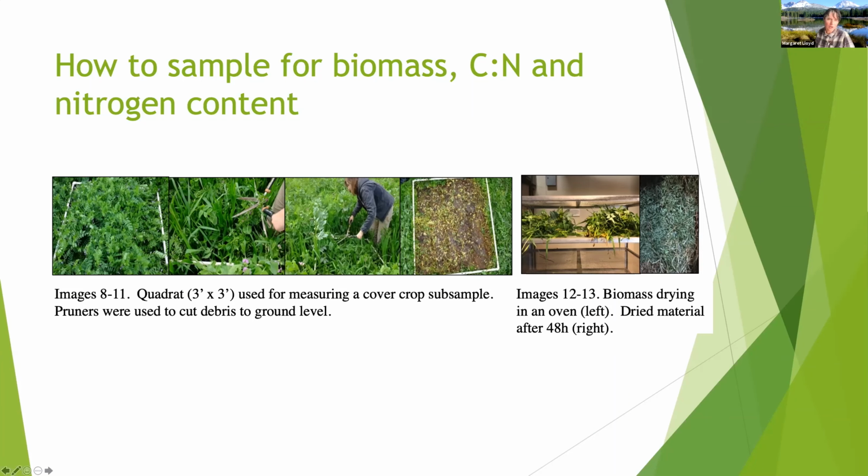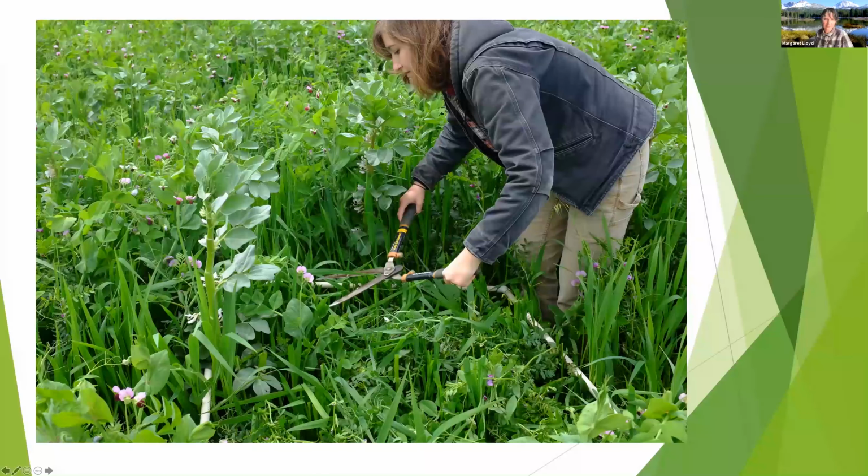So quickly here, I'll give you a demonstration of that. Basically, we have this meter square, which is just a set of PVC pipes measured out to 3 feet by 3 feet, or meter by meter, whichever you prefer, but a set area. And you take all that cover crop, you cut it down, take all that material, or crop residue, or vegetable residue, and you dry it.